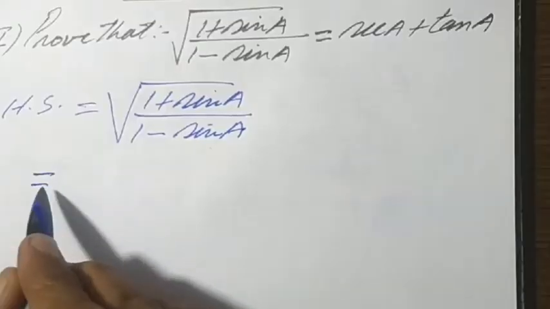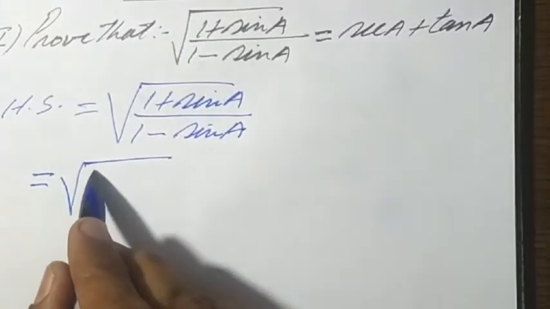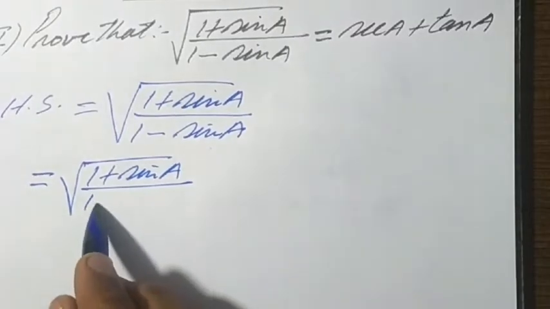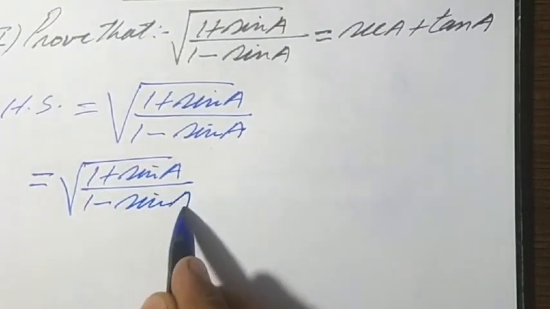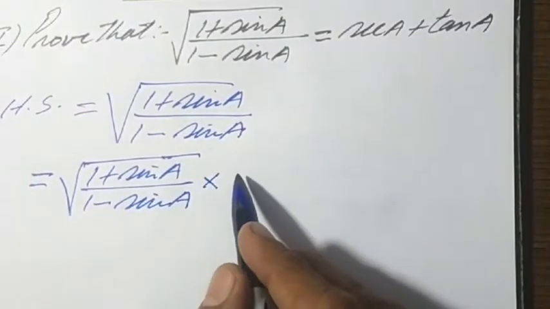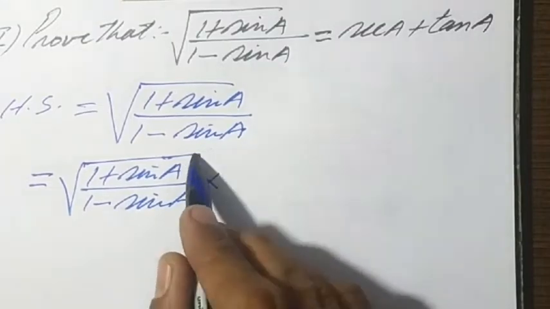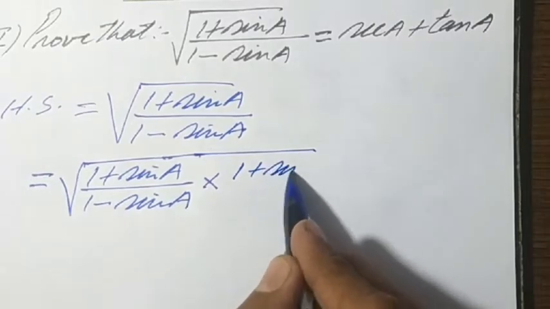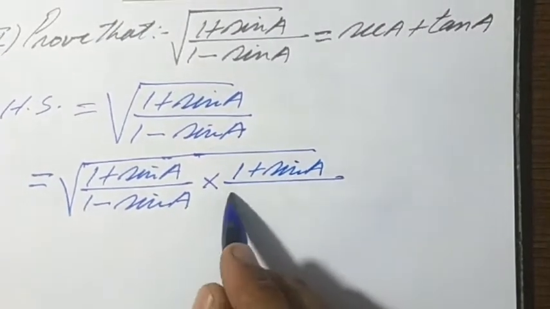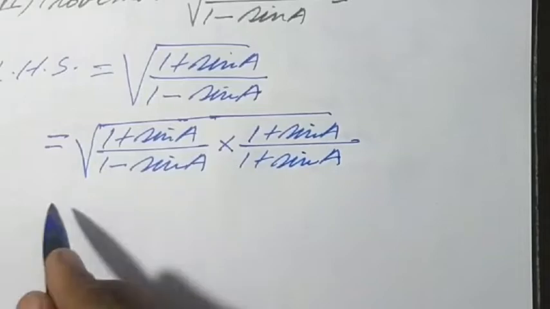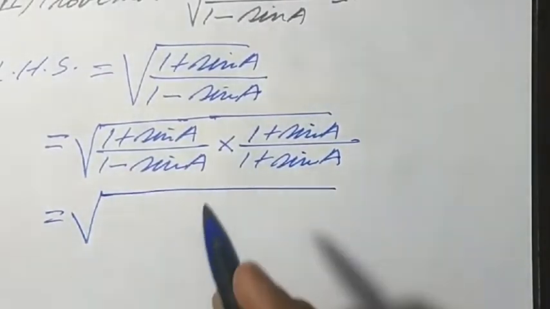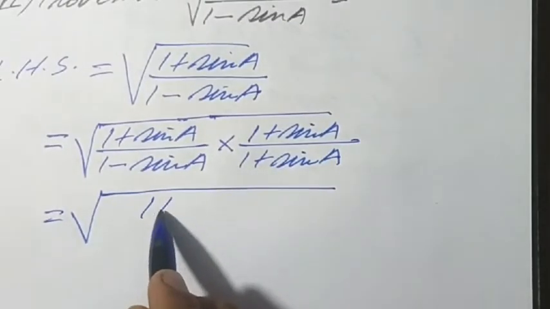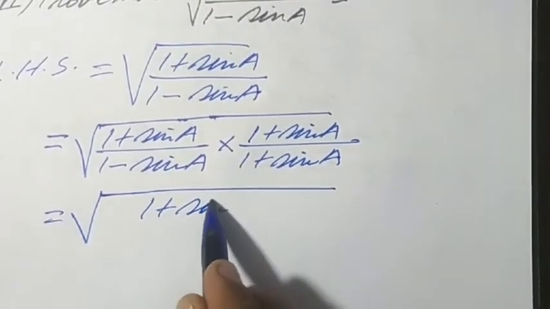One plus sine a upon 1 minus sine A, multiply numerator and denominator within the root by 1 plus sine A. So in the numerator we have 1 plus sine A into 1 plus sine A, that is 1 plus sine A whole square,